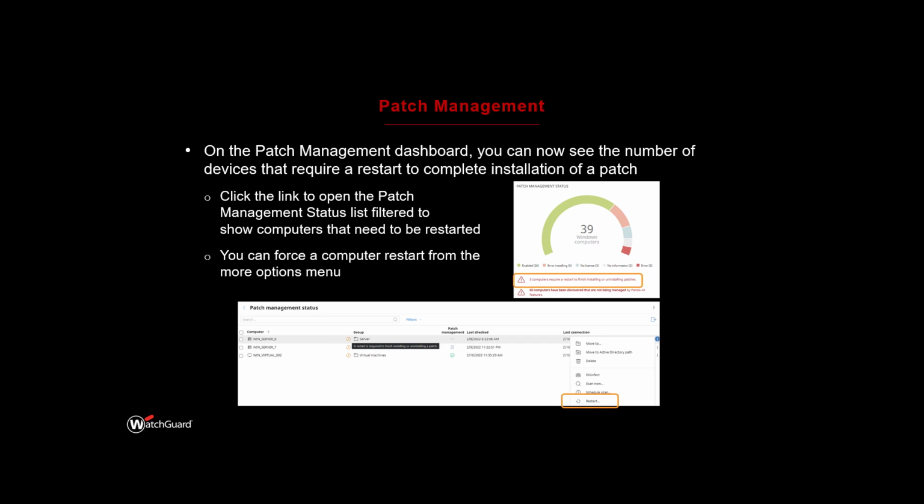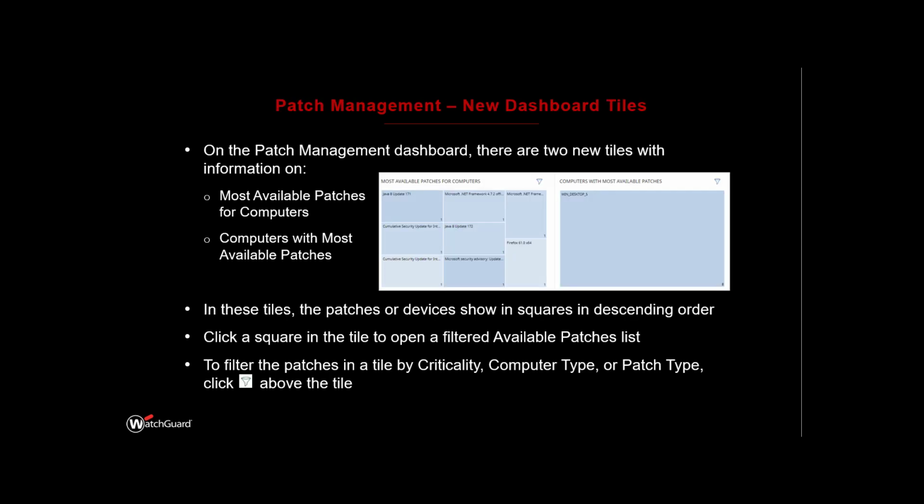So you're going to see in the patch management dashboard a new section with 2 tiles, oriented at the most available patches for computers. So the number of computers that are missing a patch, and you can configure several filters around that, and computers that have more lacking patches. And that takes you to a filter that allows you to make those computers that are missing more patches the target of a patch management task that will, of course, solve